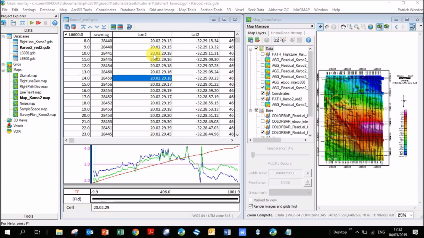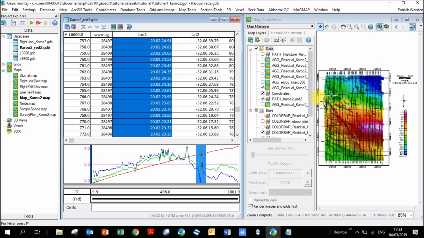Okay, so the next step now is we are going to take a profile data or a section of the profile and import it into depth estimation software called Euler and modeling software called Mag2DC to model what's causing the body. And now I've looked through the data, and line 6600 has this great anomaly over here that,